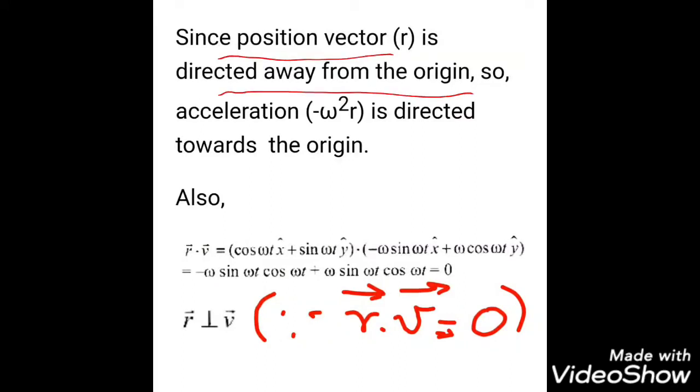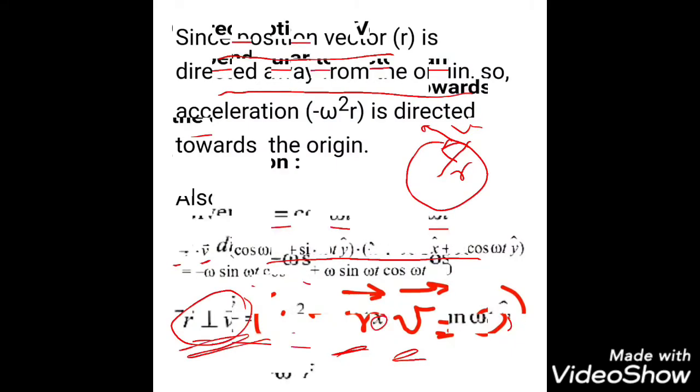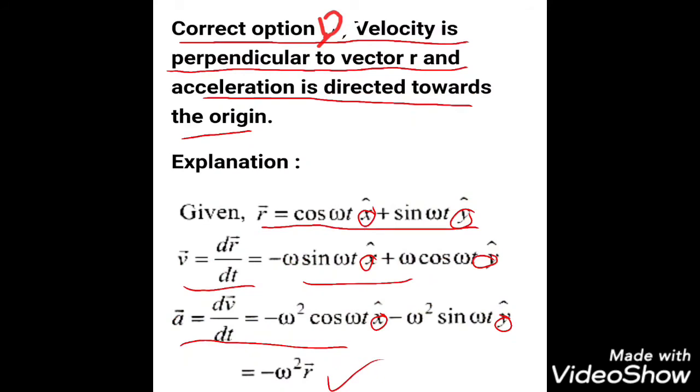Here r is the position vector, v is velocity. If you multiply both of these, r dot v, and you get the 0 value, that means, just as a dot b equal to 0 means a and b are perpendicular, in the same way r dot v is equal to 0 means r and v are perpendicular. Here you know the circle, it has a radius. If your body is traveling, this is the velocity, and this is the position vector r. So what is the angle between the position vector and velocity? 90 degrees. 90 degrees means they are perpendicular. So the answer, here you see, D is the correct answer.